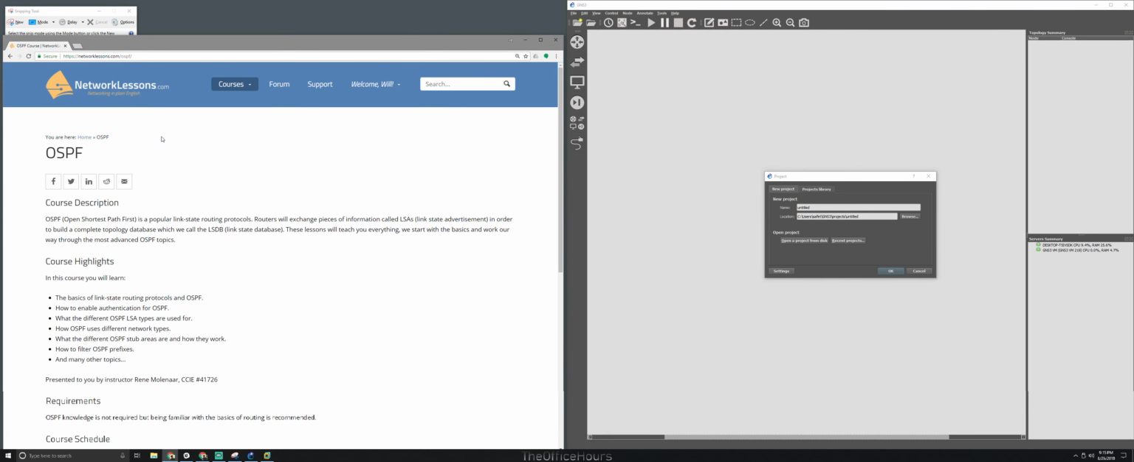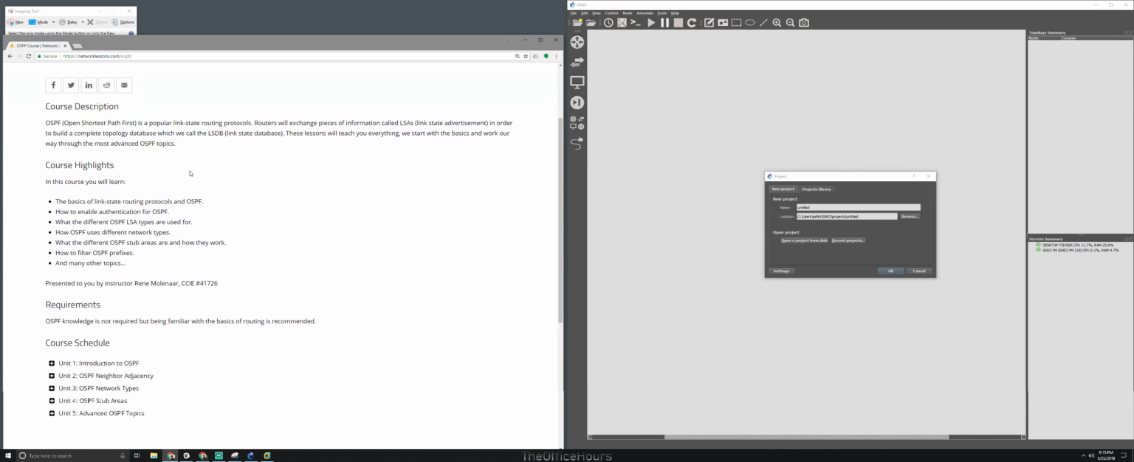So let's get started. OSPF is a popular link state routing protocol. Routers will exchange pieces of information called LSAs in order to build a complete topology database, which we call the LSDB. These lessons will teach you everything, starting with the basics and working our way through the most advanced OSPF topics. In this course, you'll learn the basics of link state routing protocols and OSPF, how to enable authentication